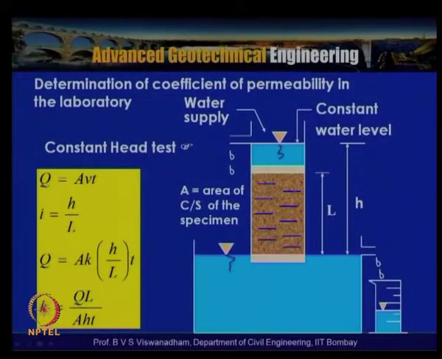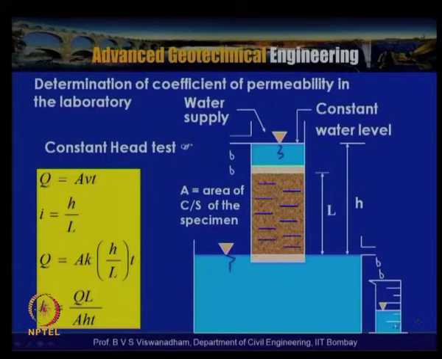Now, for determining permeability of a soil sample by using the constant head permeability test, the setup shown here has a sample of length L and a head of water which is maintained constant, say H over the length L. So the hydraulic gradient is nothing but H by L. Any additional amount of water which flows through is collected as a discharge here, in a given time, over the cross sectional area A of the sample, perpendicular to the direction of flow.